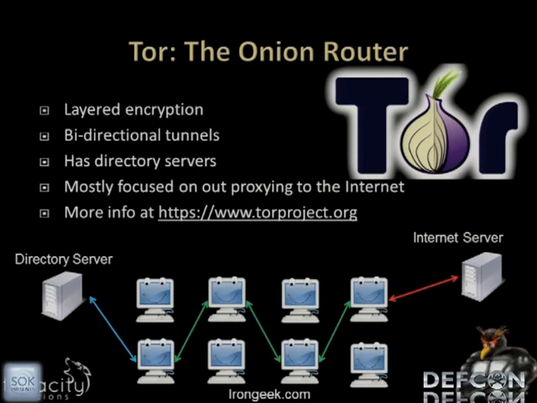Awesome. But Tor, essentially, you have multiple levels of encryption. You pass something in. It's like Chinese nesting dolls or like an ogre with layers. Each layer along the way gets stripped off until you get to the exit point. Then you reverse the process to get back in. Hidden services are a slightly different issue, where you can host something inside the Tor network. But it's mainly focused on outproxying to the public internet.